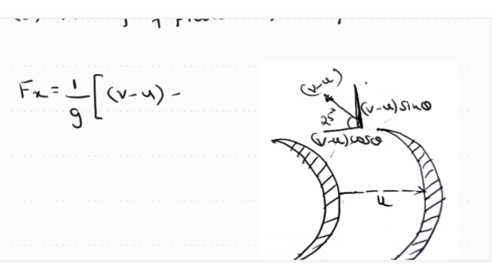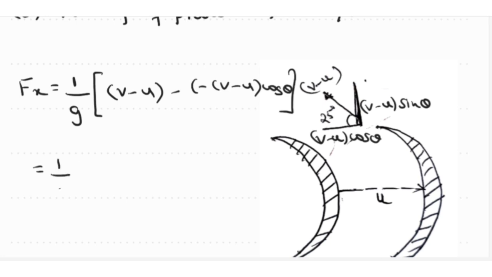That is nothing but v minus u cos theta in x direction, but its direction is in the opposite direction, so it is minus v minus u cos theta. 1 divided by g into v minus u is common here, so what is left is 1 minus of minus is plus